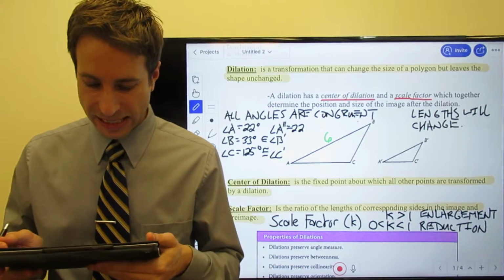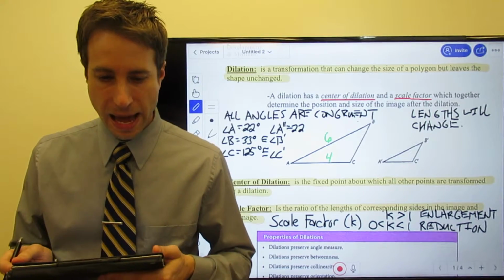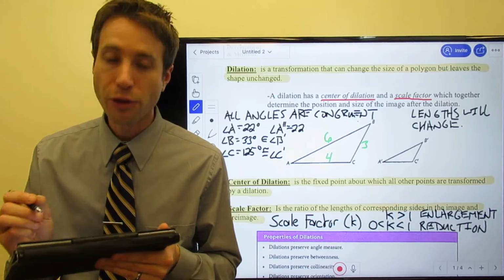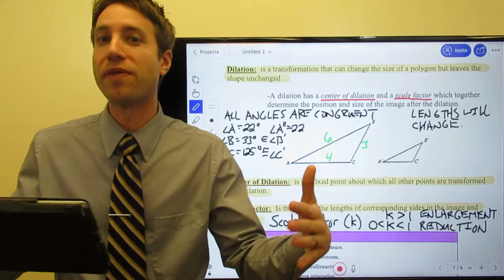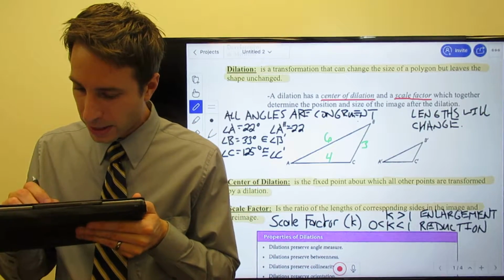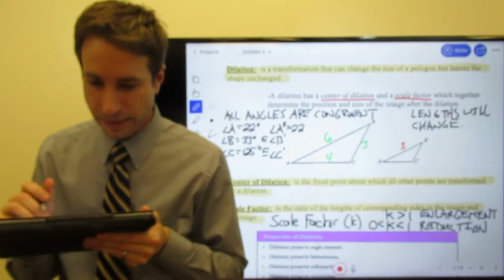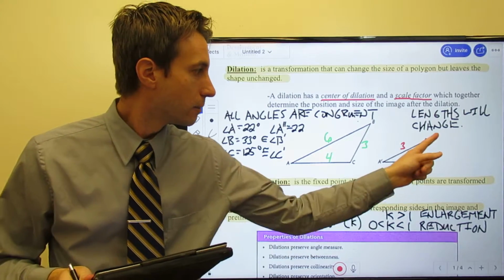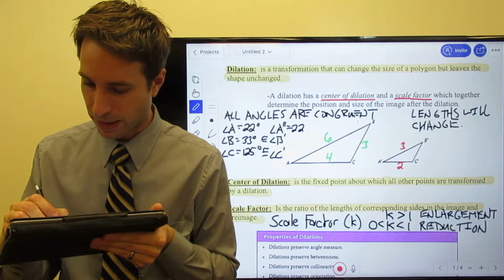I have AC, again, you could use a ruler to measure these, is 4. And CB or BC, whatever you want to call it, is 3. Great. In my smaller triangle, the one that I have reduced in size, A prime B prime is 3. Let's see, A prime C prime is 2, and B prime C prime, or C prime B prime, whichever way you want to do it, it's the same thing, is